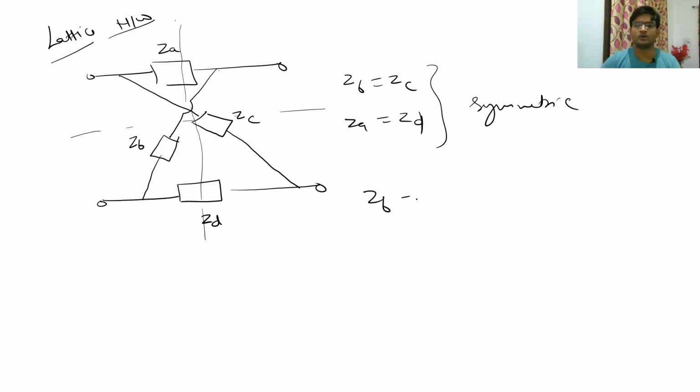And if these are not equal, this is the condition of an unsymmetric network. Right, so these are symmetric and unsymmetric networks. Now what I'm going to do is, for all these main parameters, which are Z parameter, Y parameter, hybrid parameter, and ABCD parameter, I'm going to write the conditions for their parameters so that if those conditions are satisfied, those particular circuits will satisfy the symmetrical property.